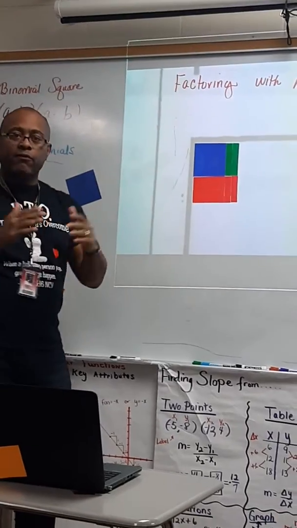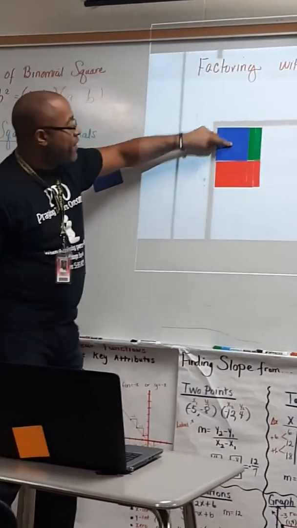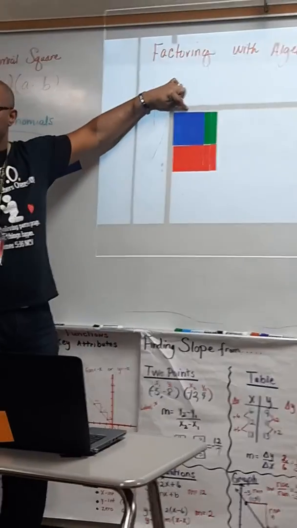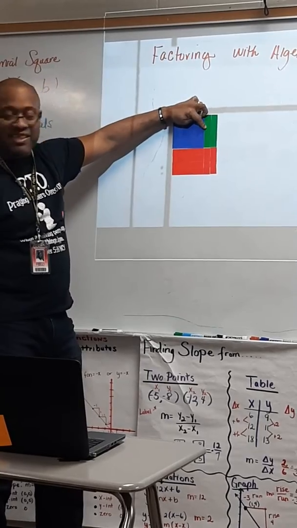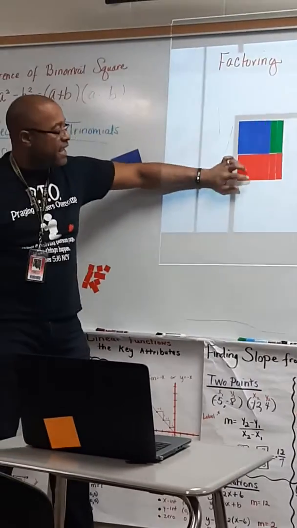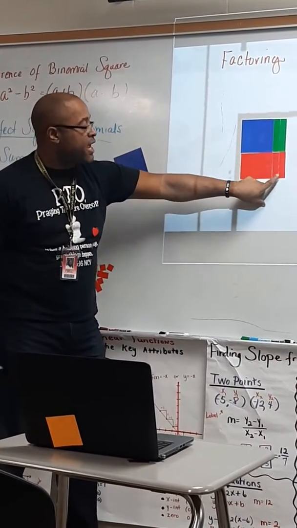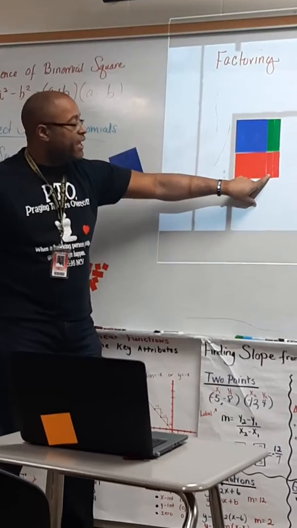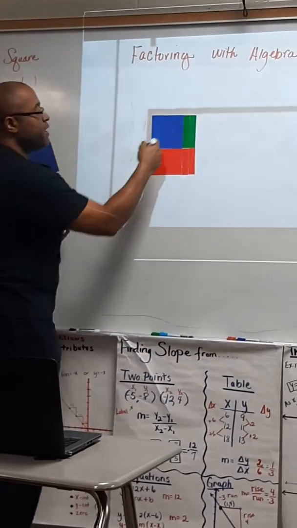Okay, so let's keep in mind, first of all, that our blue square means x squared, because x times x is x squared. Our green square is 1 times x, which is x. Our red rectangle is negative x, and our red square is negative 1. So what we have so far in this problem is x squared